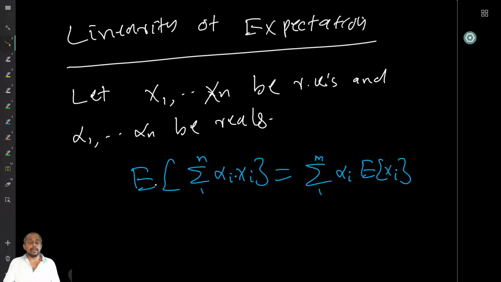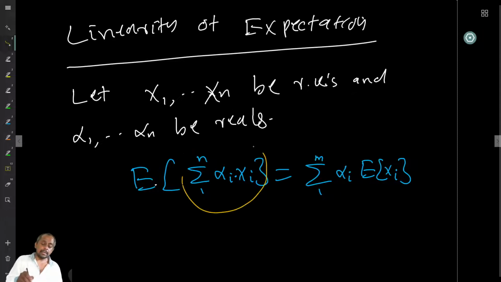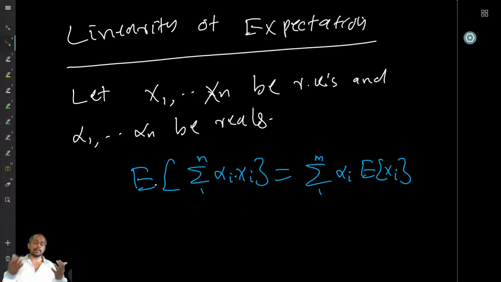Now, a nice property of expectation is the linearity. Basically it works with several random variables. You might be defining several random variables, and then you can do operations with these random variables. For example, you can take a linear combination of random variables. Suppose x1 to xn are random variables, and I multiply them with real numbers, let's say alpha 1 to alpha n. So alpha 1 x1, alpha 2 x2, etc., alpha n xn, and take the sum. This is also a random variable, because you take random variables, multiply with real numbers, and take the sum, and you get another random variable.